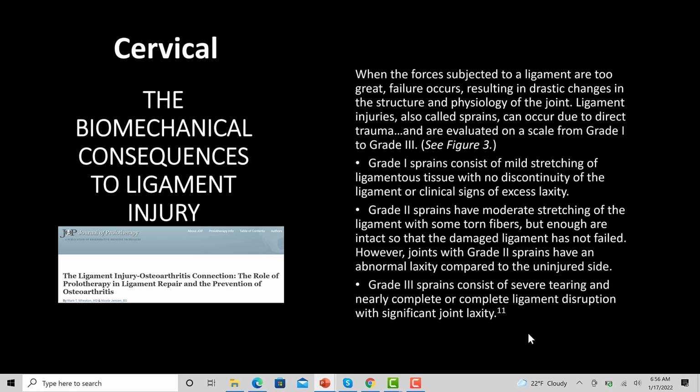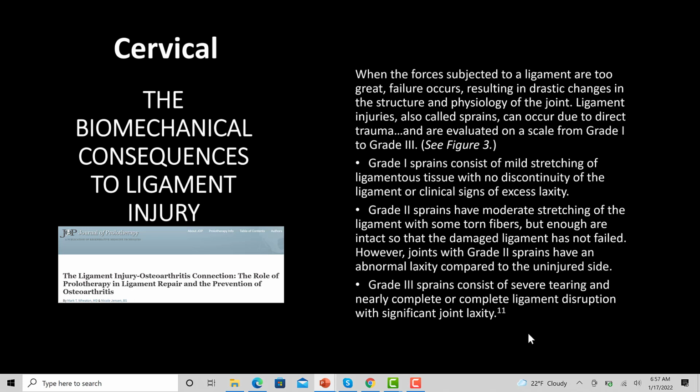Ligament injuries, also called sprains, can occur due to direct trauma and are evaluated on a scale from grade 1 to grade 3. Grade 1 sprains consist of mild stretching of the ligamentous tissue with no discontinuity of the ligament or clinical signs of excess laxity. So that would be less than 1 millimeter of translation or less than 7 degrees of angular change. Grade 2 sprains